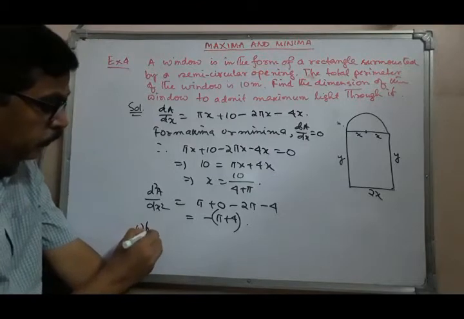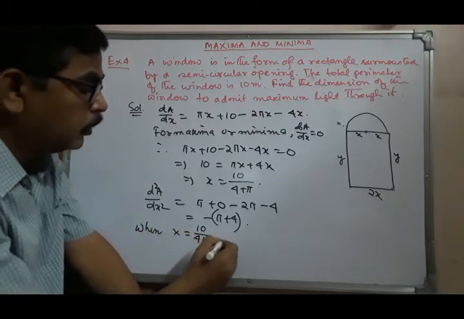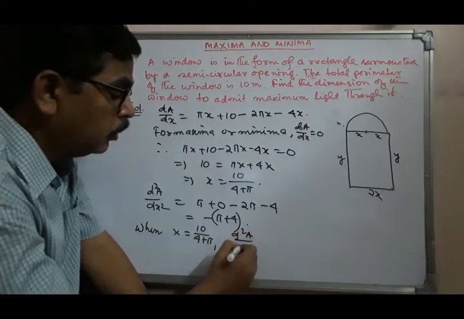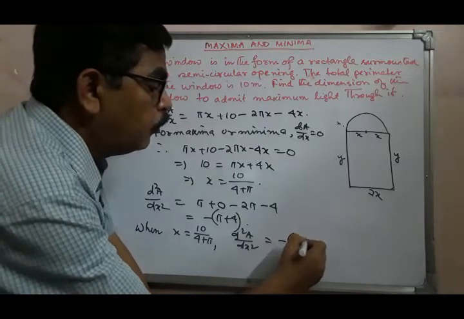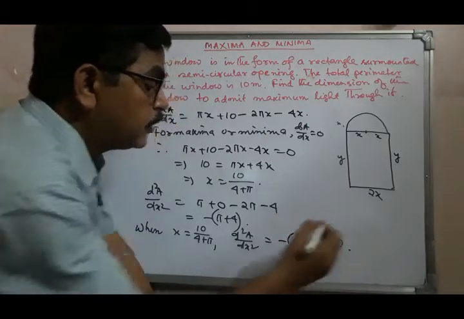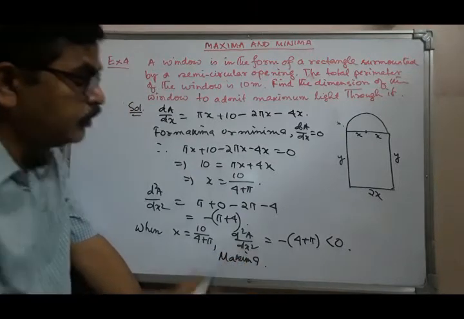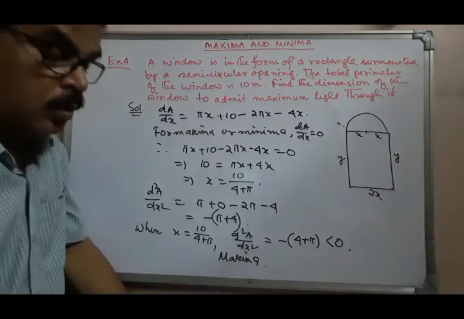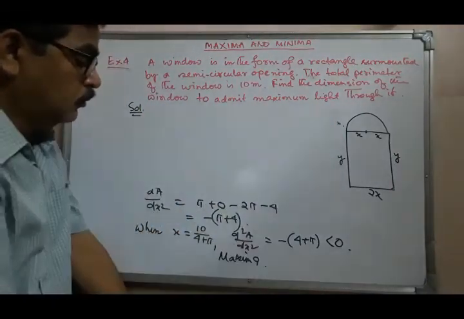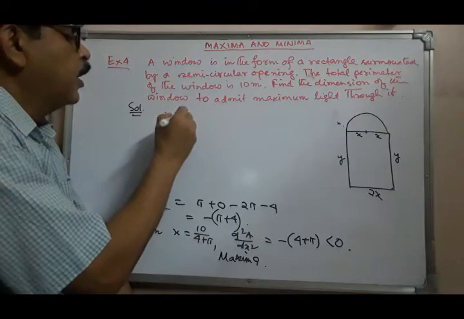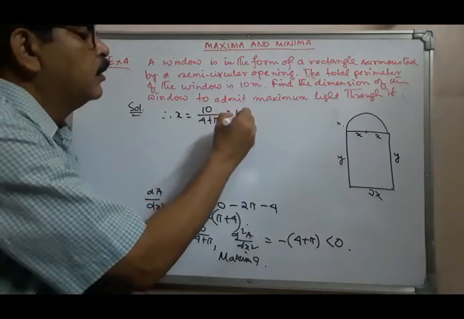So when x equals 10 by (4 plus pi), d2A by dx2 equals minus of (4 plus pi), which is less than 0. So therefore maxima, so x equals 10 by (4 plus pi)